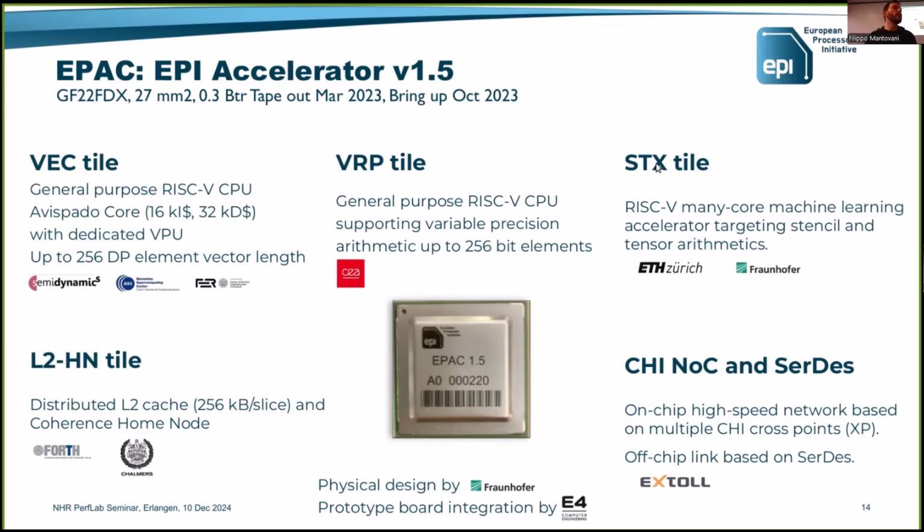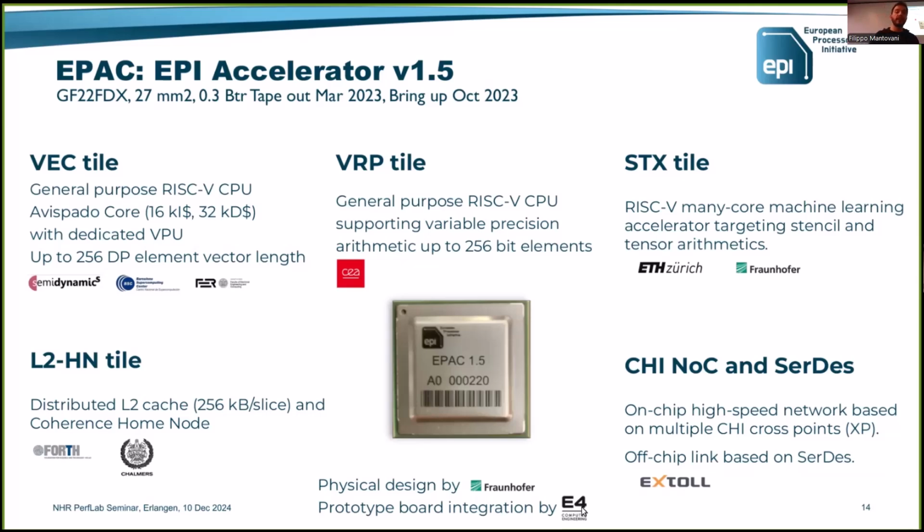These accelerators alone are not enough to be operated as a standard CPU, okay? In the sense that you need a memory controller, you need cache levels, you need coherency, you need a network on chip if you want more than one instance of them in the silicon. And also you need the physical implementation to make the actual chip, okay? So here you have all the other partners involved in, for example, the development of the cache, of the network on chip, of the SerDes that we use to interface with the memory, and here Fraunhofer did the physical design and E4 the